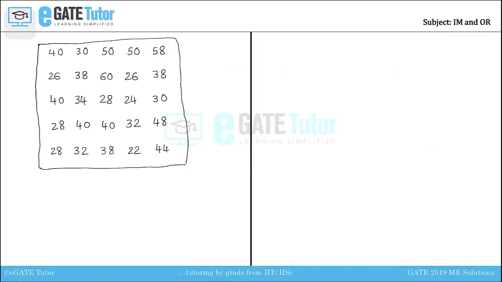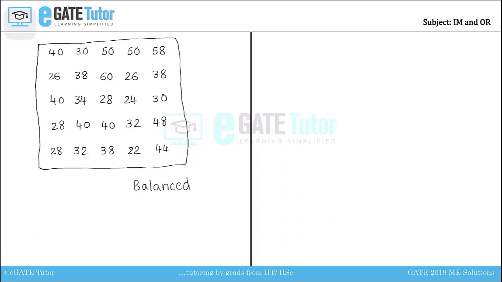The first step to solve an assignment problem is to write down the given table in the form of a matrix. After that, the next step is to check whether the given assignment problem is a balanced problem or not. In this particular problem, we have 5 rows and 5 columns. Since the number of rows and columns are equal, the given problem is said to be a balanced assignment problem.